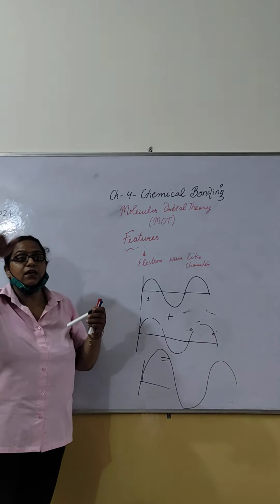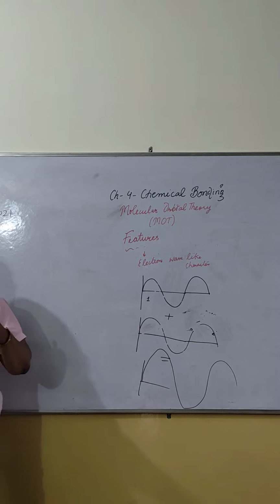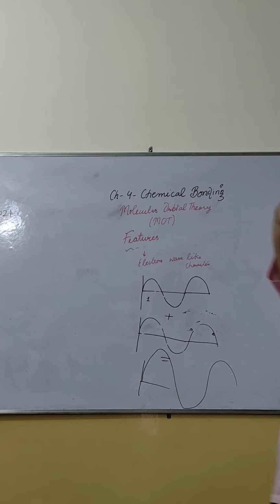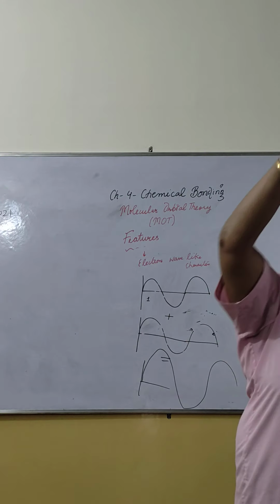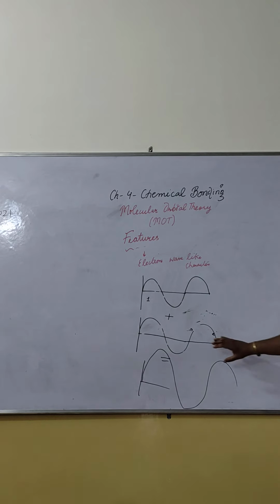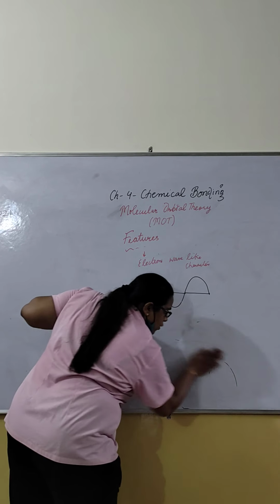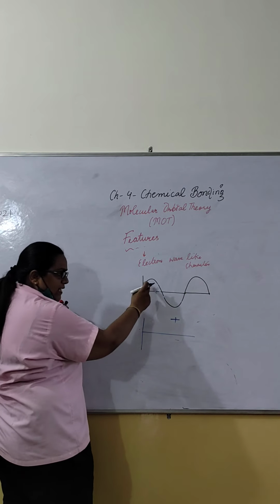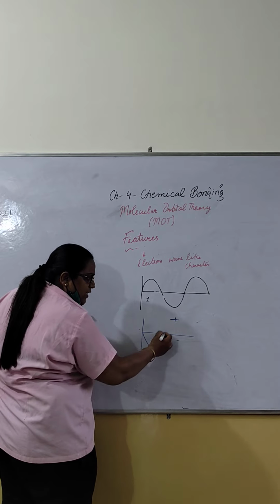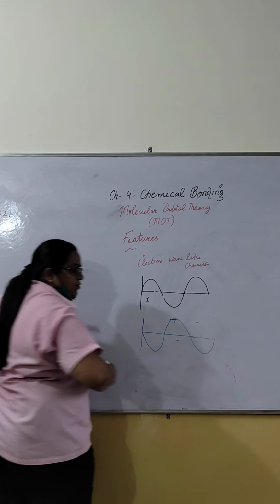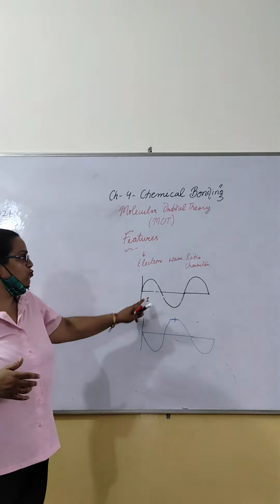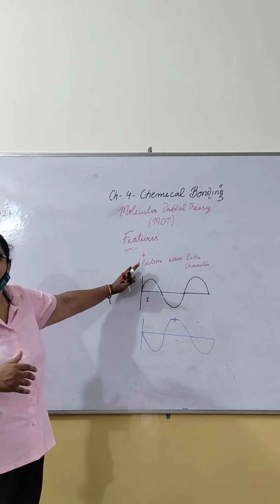You remember the ripples of water waves on sea water. Whenever the waves combine, the overall amplitude or resultant wave will be increased. Clear? So they undergo constructive interference. But if the opposite is the situation, suppose the crest of one wave falls over the trough, ultimately your resultant will be decreased. So these two types of interference will be shown by electrons.